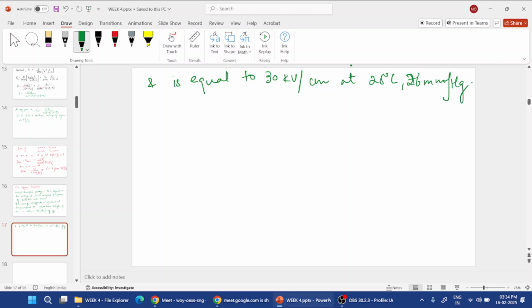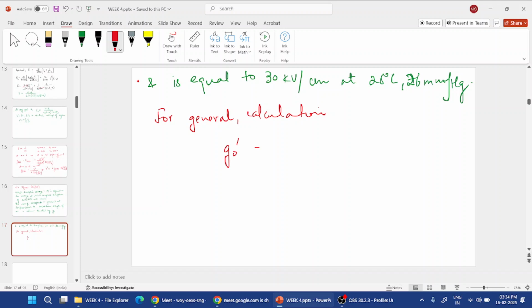But for any other temperature, its value will get changed. So for general calculation,